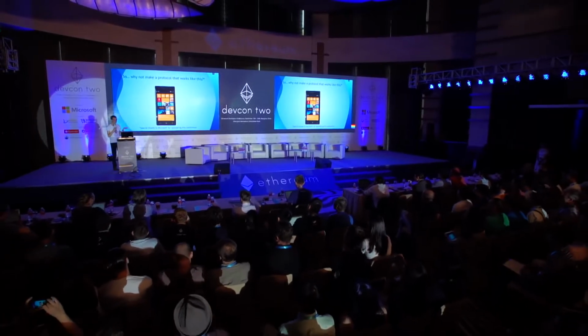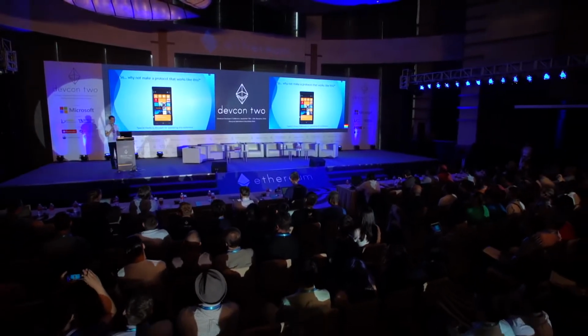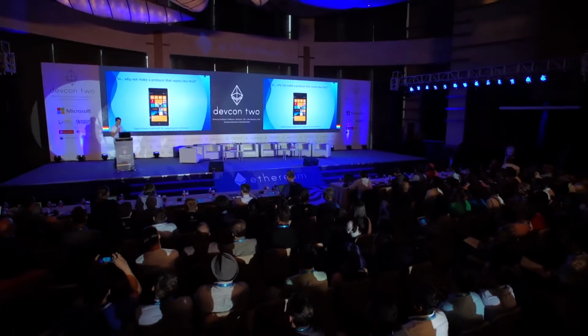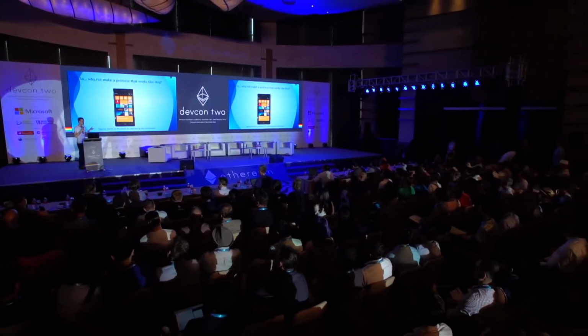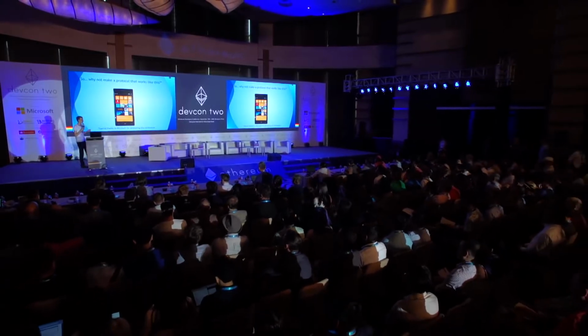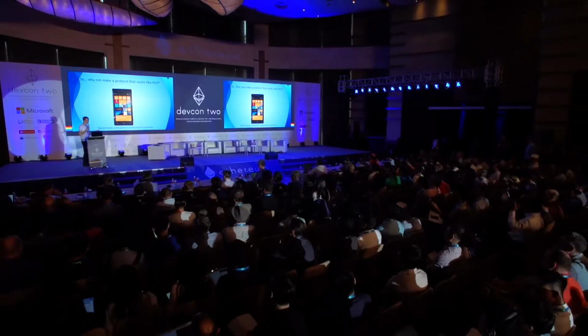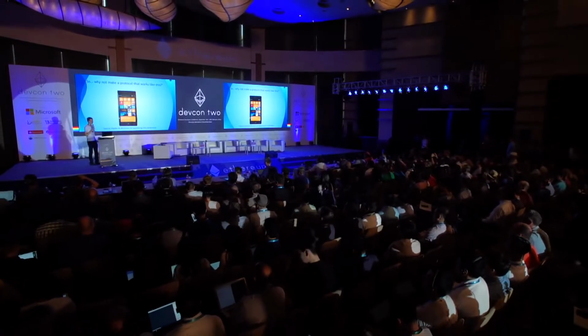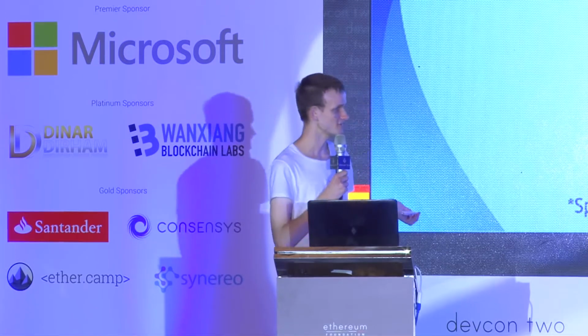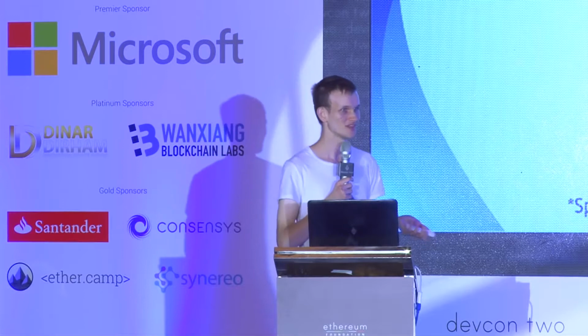So why do we love smartphones so much? Basically because a smartphone is nice and generic. You buy it once, and it immediately comes with 50 or 100 applications. If someone comes up with a new application, they write the code, they upload it to the Google Play Store, and if you want it to be accessible in China, you can upload it to the Huawei store as well. And then if anyone wants to use your application, they don't need to buy a new phone, they don't need to buy a new hardware dongle.